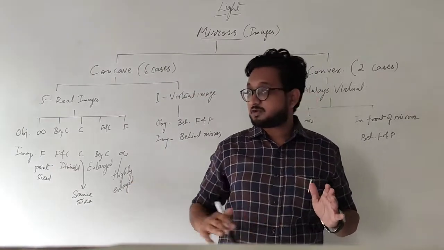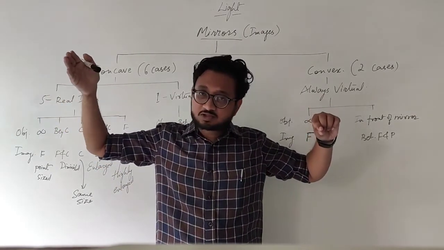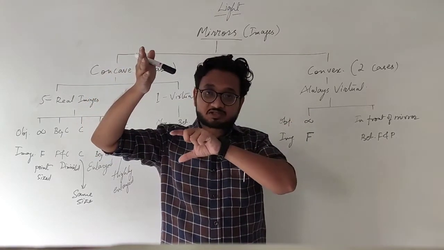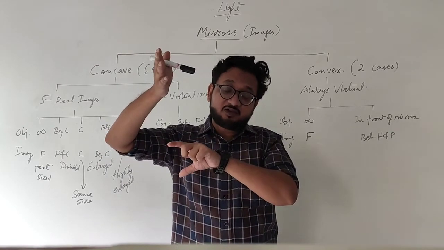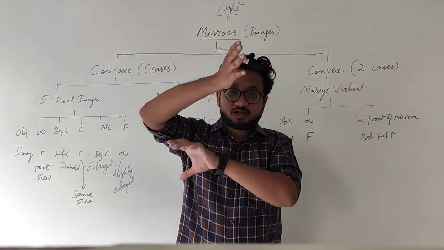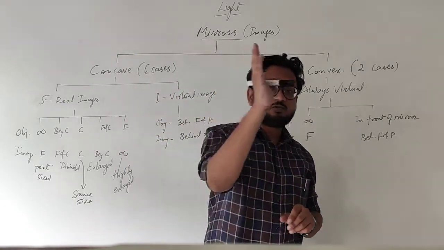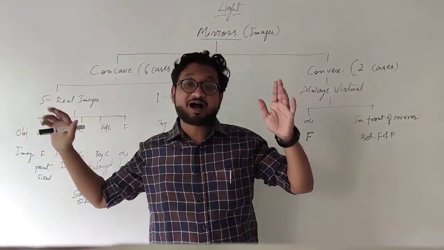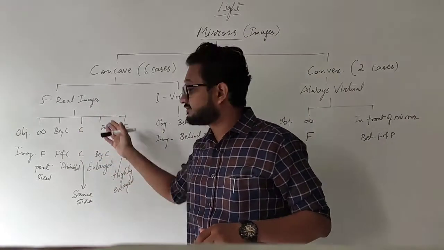So what is happening over here? If the object is at infinity, the image is point size. As you bring it closer and closer, the image becomes larger and larger. At one point, when the object is on C, the image is the same size as the object, and if you move the object even closer to the mirror, the image now becomes larger than the object. And if you move it to focus, then the image will go to infinity and it will be highly enlarged. Okay. So we have done all the 5 cases of real image.